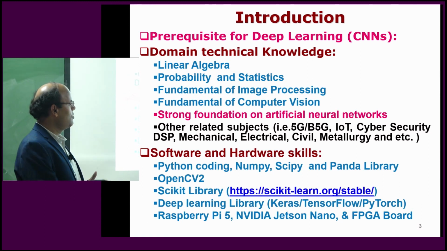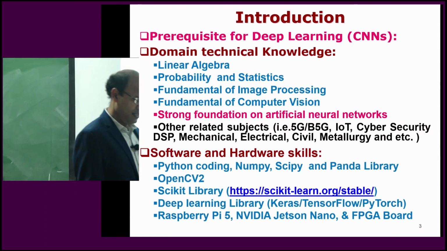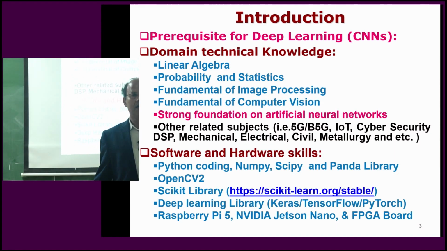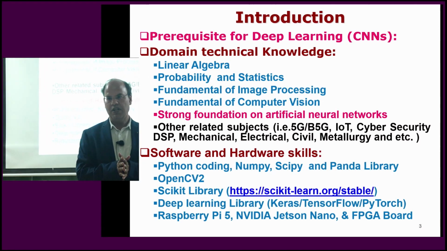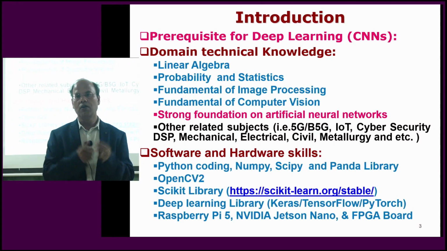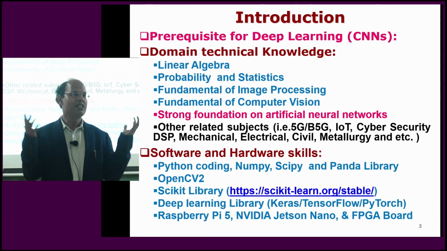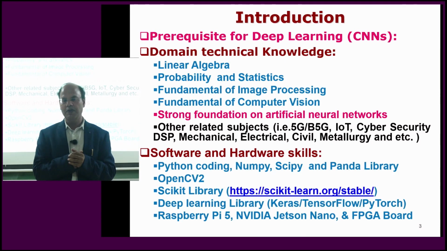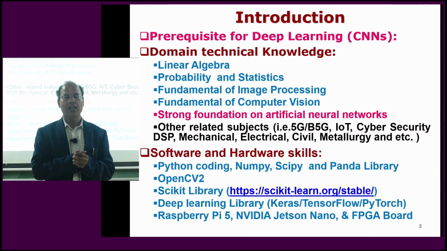But why is this domain knowledge necessary? Because from domain knowledge you will get a good problem statement. Who will give you a good problem statement in the medical field? You have to visit the hospital and the doctors. The doctors who are working in the hospital in different departments can give you a very good problem